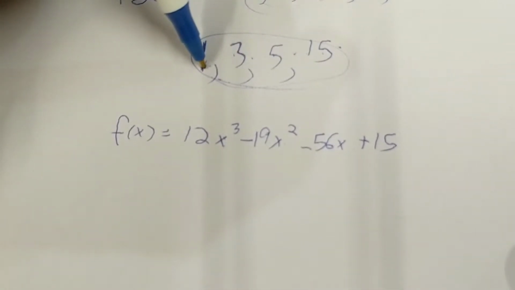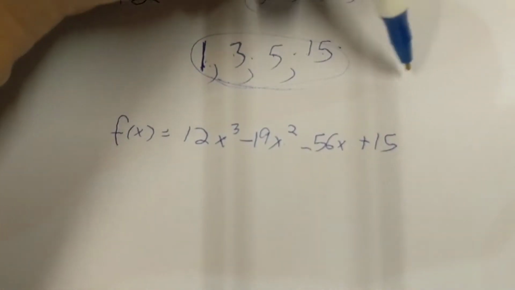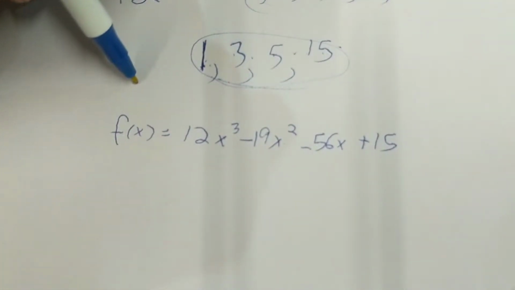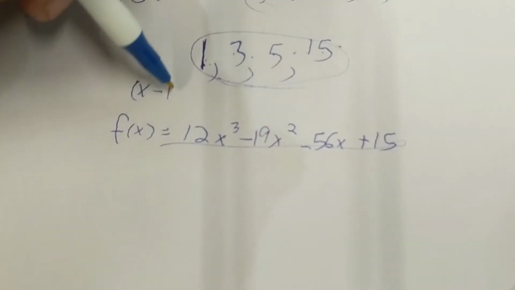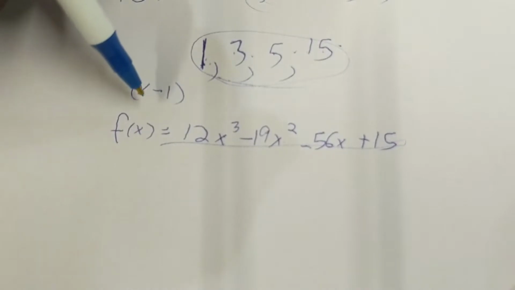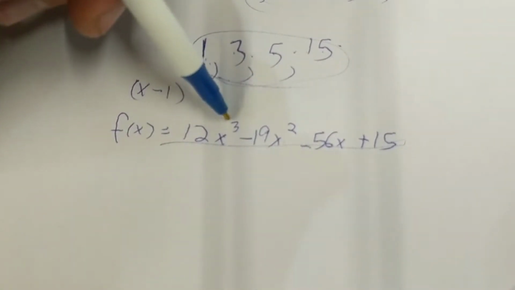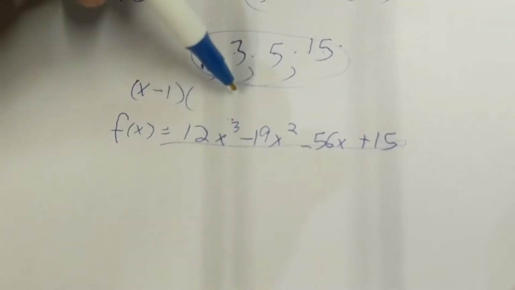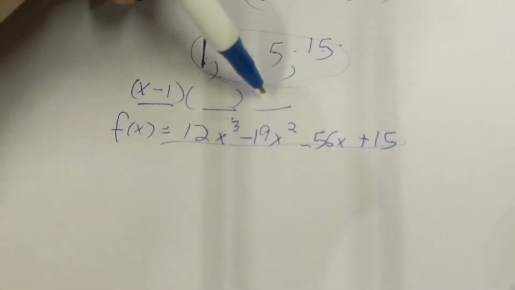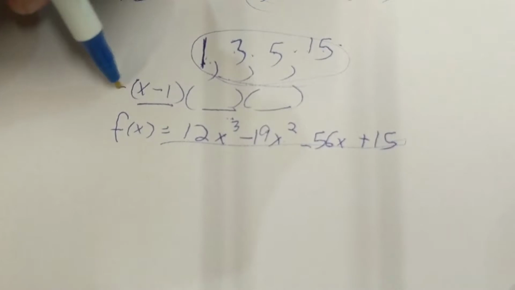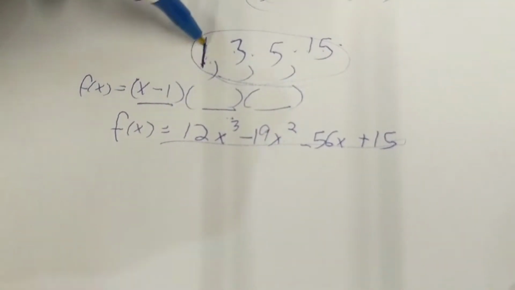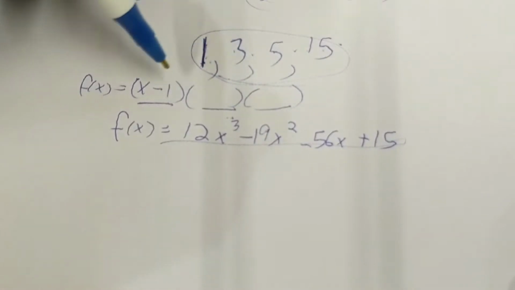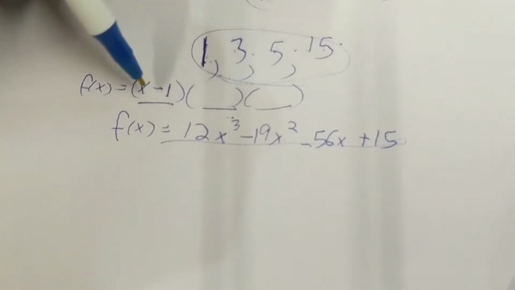Say we found out that 1 is a root. What that means for us is that if 1 is a root, then out of this mess, x minus that 1 is a factor of the whole thing, because it would be like x minus 1. You know how we do this. This is a degree 3 polynomial, so it would be like degree 1, degree 2, degree 3, and we'd have maybe 3 linear factors if we were to put f of x in factored form. And if 1 ended up being a root, then that means x minus 1 is a factor of this thing,